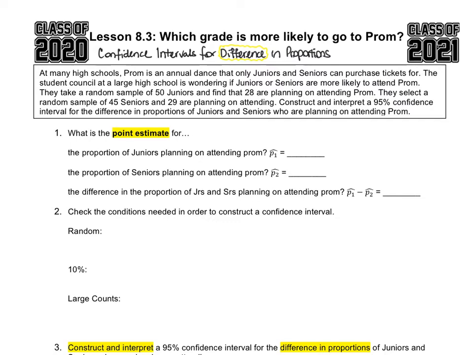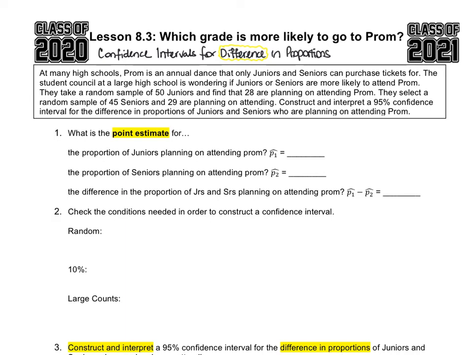Let's start by reading the paragraph together so we know the setup of the problem. At many high schools, prom is an annual dance that only juniors and seniors can purchase tickets for. The student council at a large high school is wondering if juniors or seniors are more likely to attend prom. They take a random sample of 50 juniors and find that 28 are planning on attending prom. They take a random sample of 45 seniors and 29 are planning on attending. Construct and interpret a 95% confidence interval for the difference in proportion of juniors and seniors who are planning on